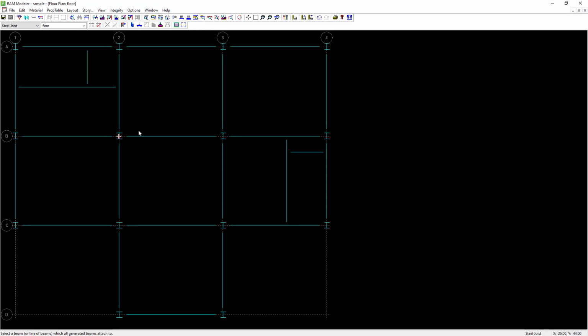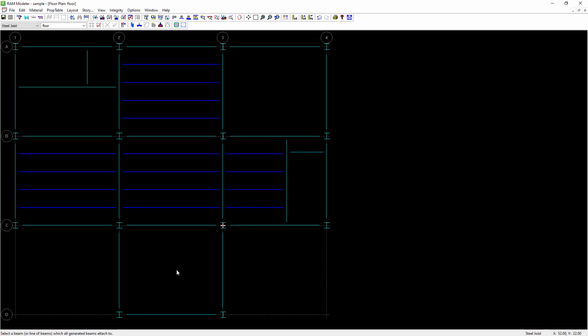Now I can just click, and then my third click is going to say which side I want these to go to. So I'm just going to click, click, and then the third click takes me to which side I'm generating these on. All I'm doing is putting these wherever I want my joists. They're going to span in the long direction. You'll notice that I stopped over here because I can't really add all these joists in, because if I do that, it sort of gets a little funny here. And I could do that, but